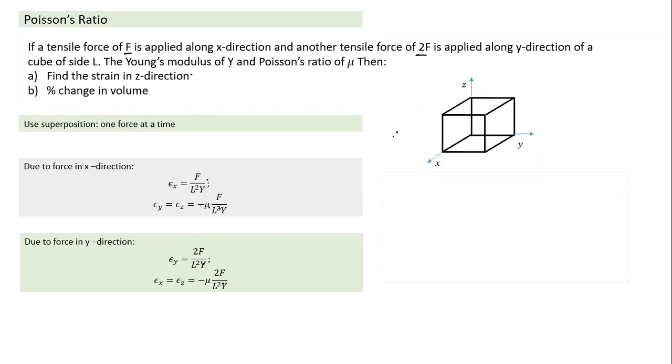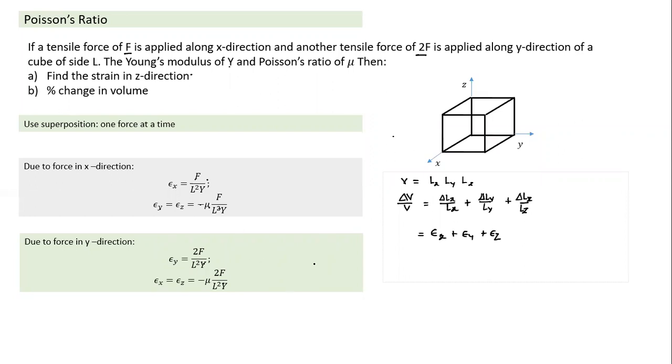Okay, yes, Devignesh? So to calculate the percentage change in volume, should we include the force in both x and y direction? Yes. So what is the percentage change? If I had to write, it will be delta V by V. Volume is equal to length in x direction, length in y direction, length in z direction. So delta V by V will be equal to delta Lx by Lx plus the others. And what are these things? This is nothing but a strain. So this is epsilon x plus epsilon y.